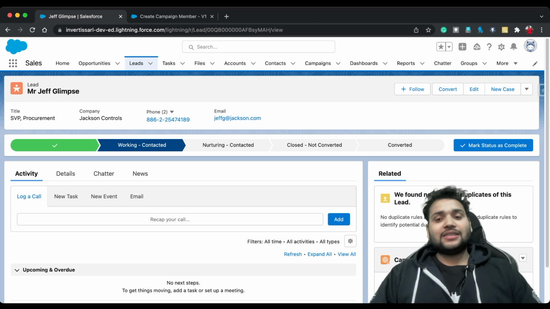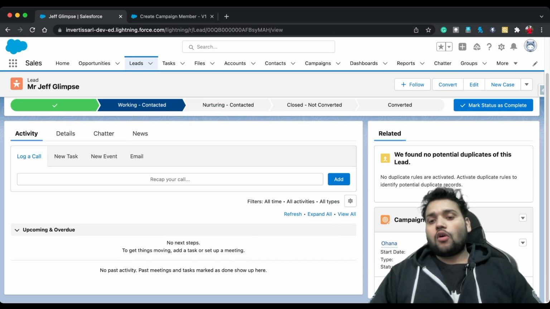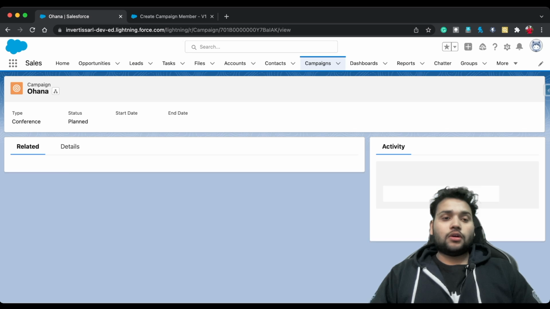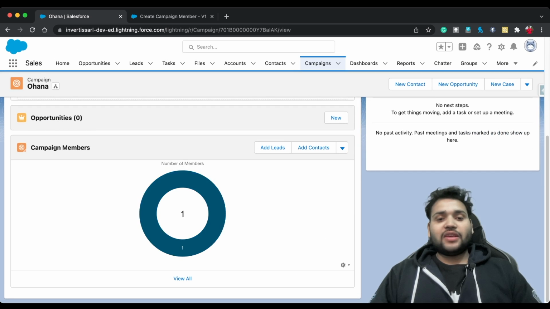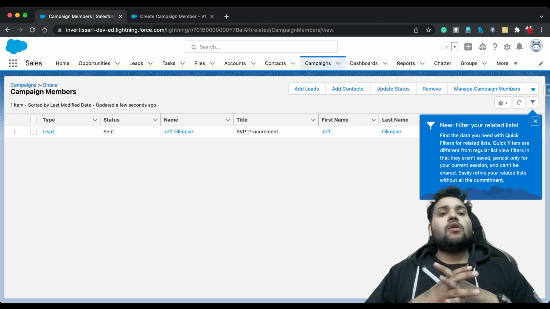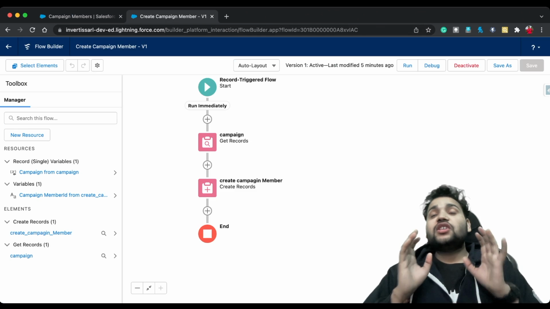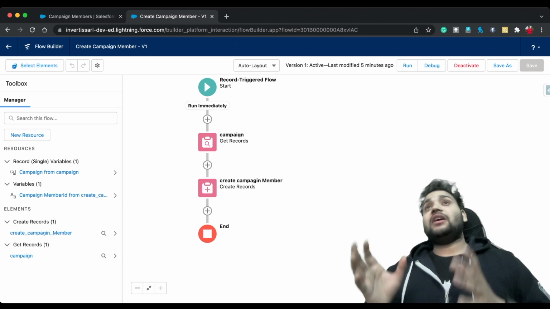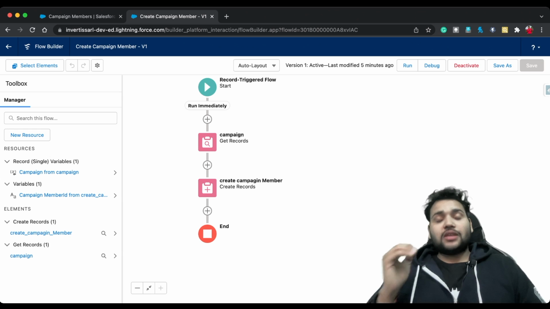and here we go. As you can see, campaign history, Ohana is there. Let me click on Ohana, and you can see we have one campaign member, which is Jeff Glimpse, in our campaign. Now our flow is working fine, but there is one more scenario which you need to think about,